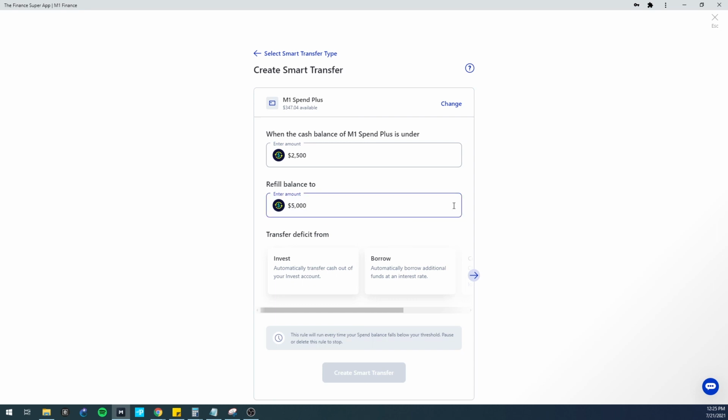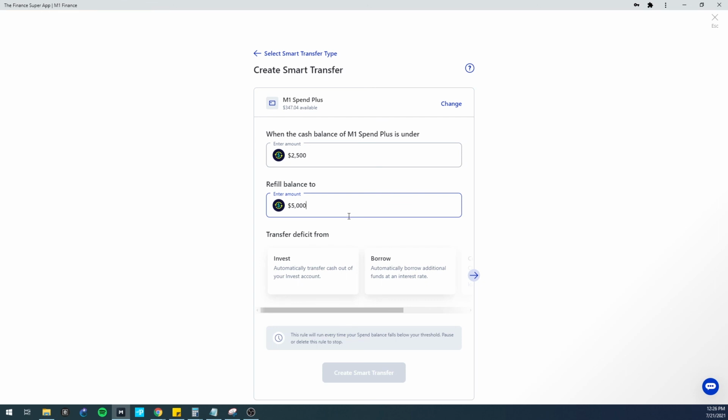That way we have $2,500 cushion, and anything from $2,500 to $5,000 we can spend at the grocery, on various bills, rent, insurance, car payment, house payment, food, what have you. You have that cushion there, and once it gets to $2,500, it'll